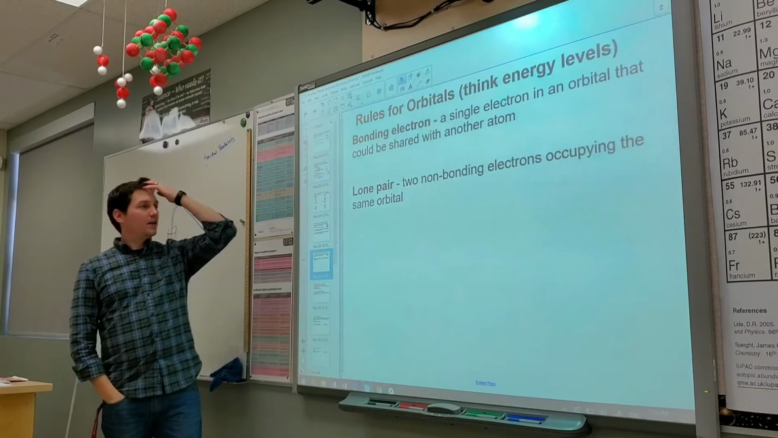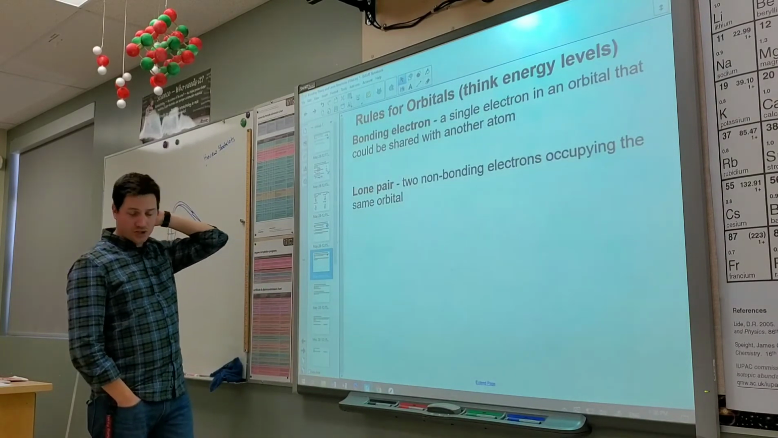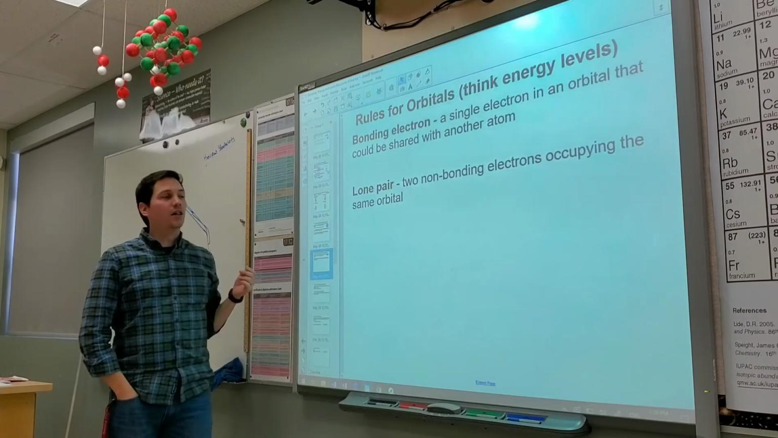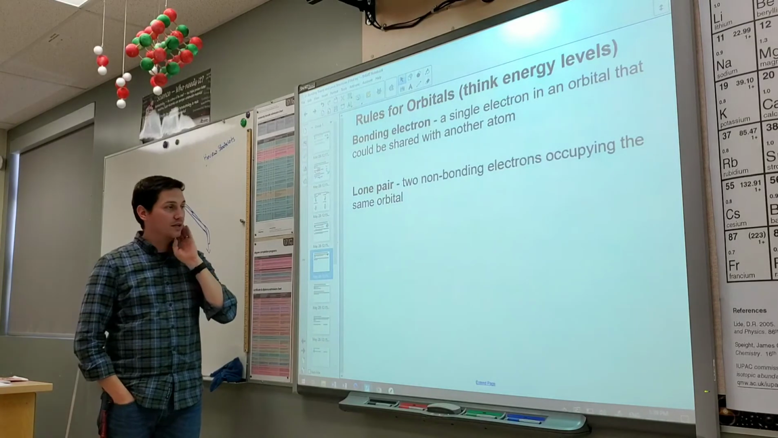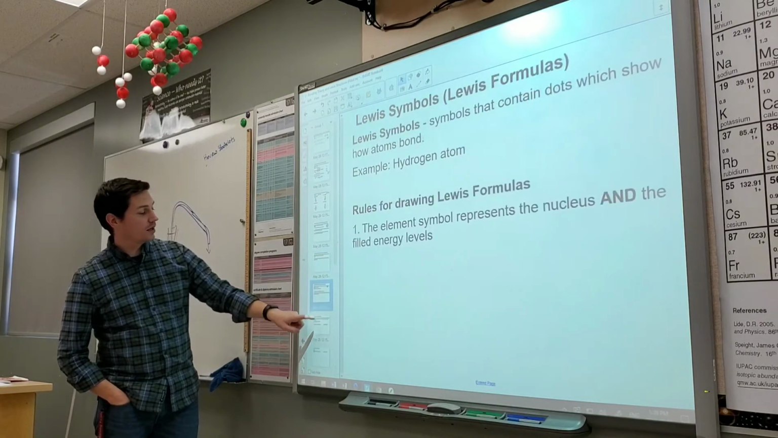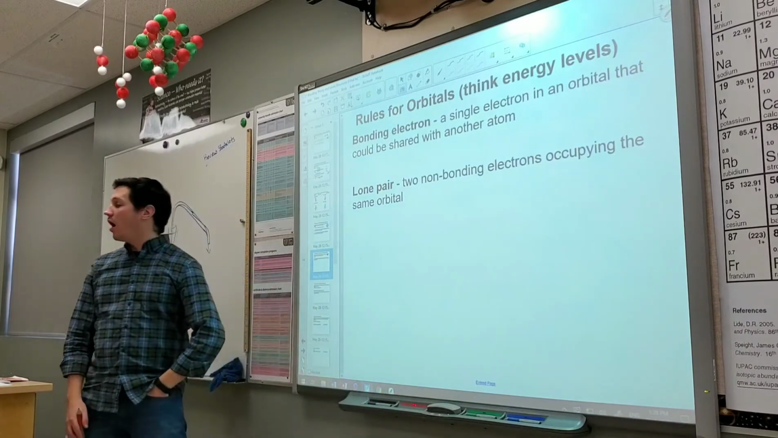A bonding electron is a single electron in an orbital that could be shared with another atom. And a lone pair is 2 non-bonding electrons occupying the same orbital. Yeah, that's where we're going. Good. Okay. So let's draw the